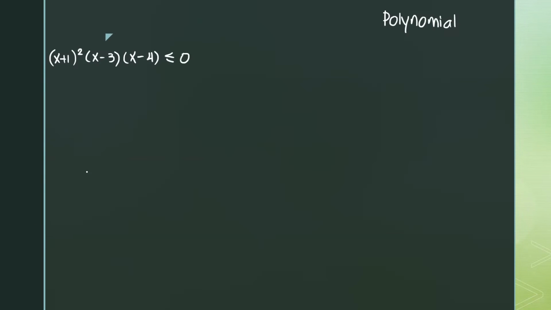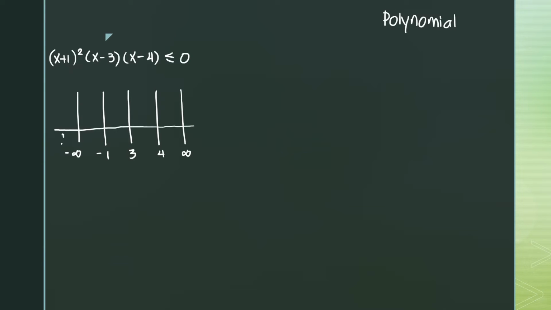I'll go to polynomial. Ito alam natin, apat yung potential roots. It's already factored out. We don't have a problem anymore with this. So what we do here is, set na natin yung answers, yung table. Starting with -1, +3, +4, infinity. So in here, lagi, what I write at the bottom is the function of x, basically the